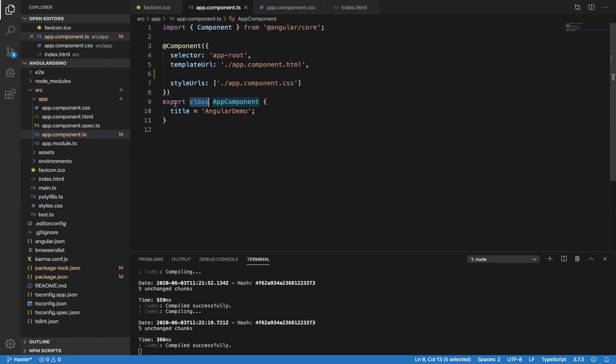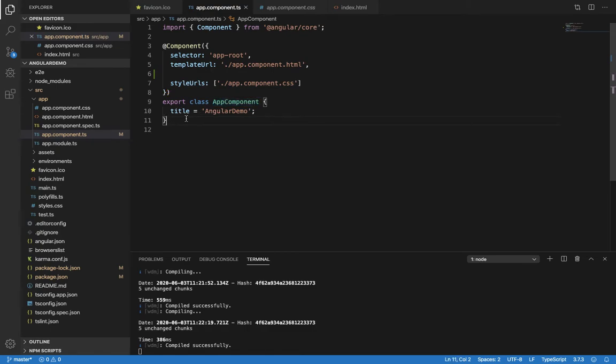Right? And what is this export keyword? So this export keyword, we are going to use it on the class attribute, so that the properties and methods that we are going to define in this class, we can export to some other modules, and we can import this particular app component class into some other modules, right? So we are using this export keyword, right? And the name of this particular class is app component class, right?